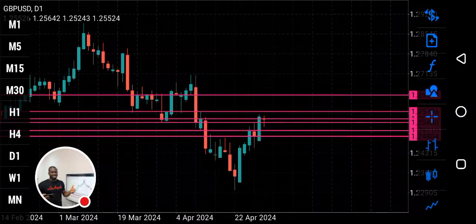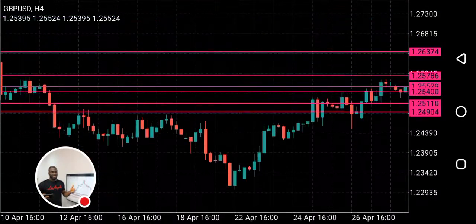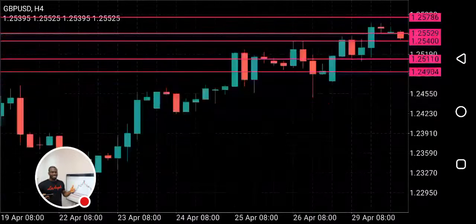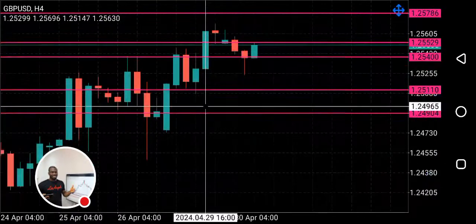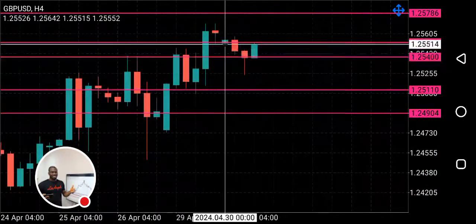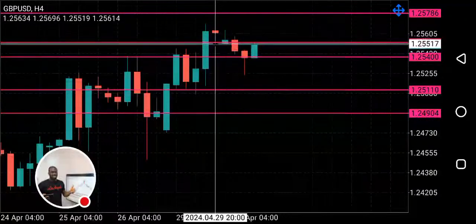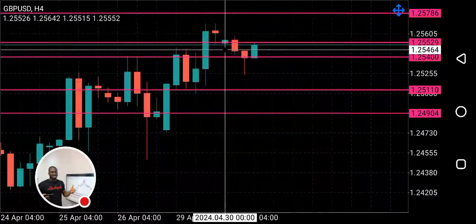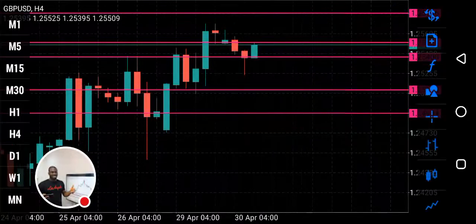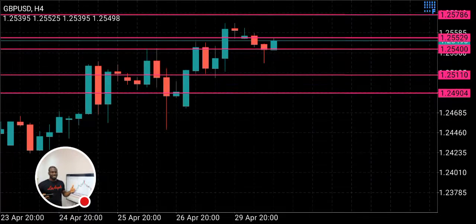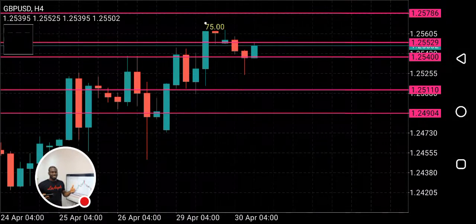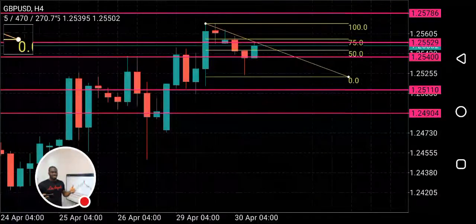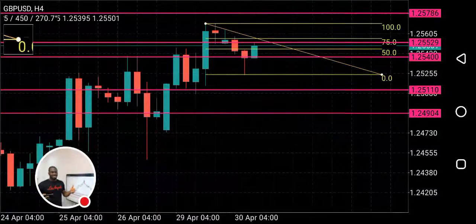Let's see what we have on the 4-hour time frame. Okay, so you can see the pattern we have on the 4-hour time frame looks like a bearish pattern, right? We had a spinning top here. You can see this indicates a change in trend after liquidity was cleared at this previous high. We had a spinning top. Okay, and if you apply Fibonacci on this 4-hour time frame, you take it from this swing high to this swing low. Okay, so you want to see price pull back to level